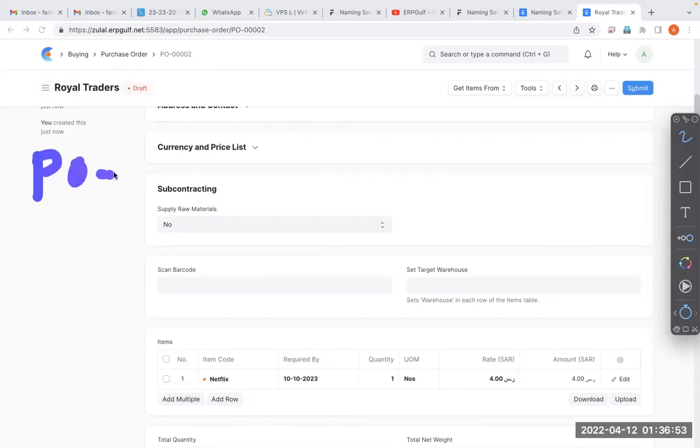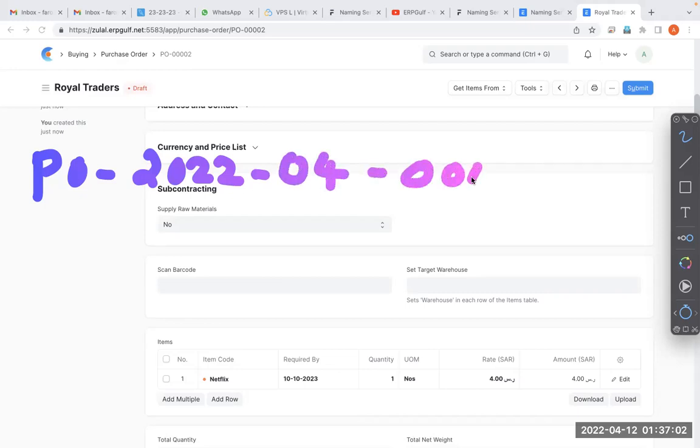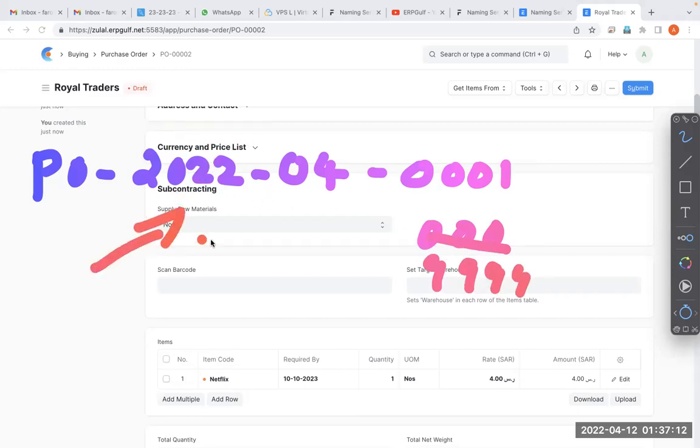That you need something like PO 2022, 04, then 00012... 000, no, sorry, 999. What is this? This is the current year. This is the current month. Okay. So you want